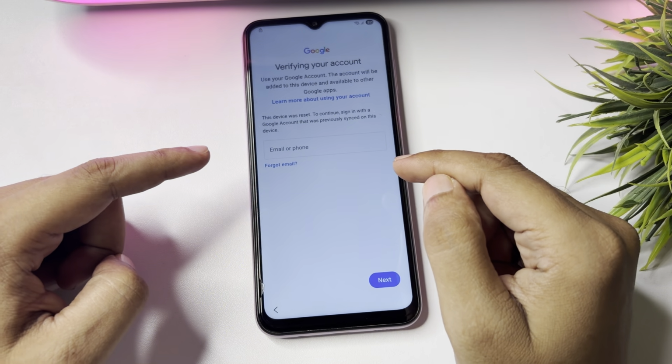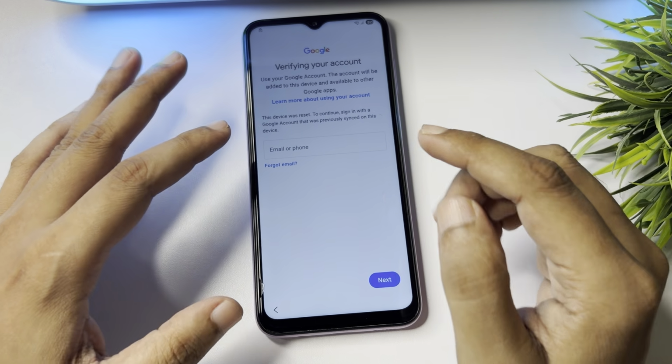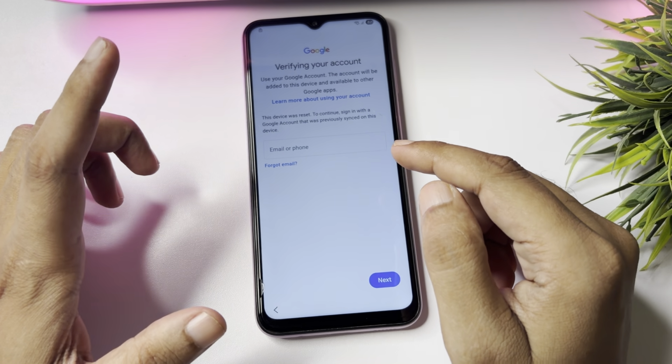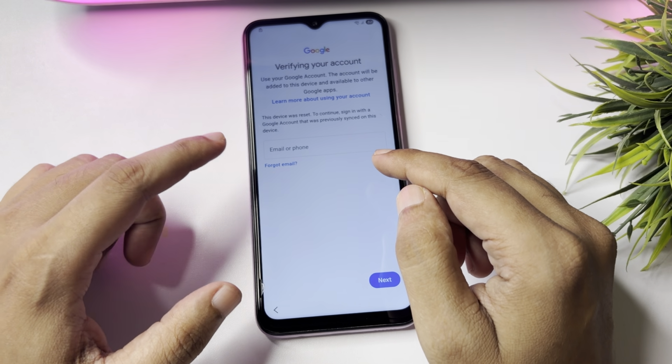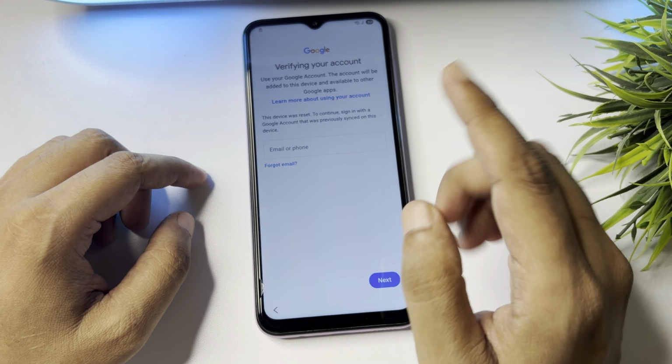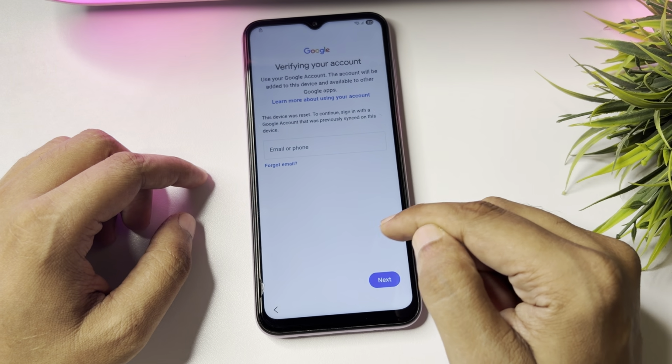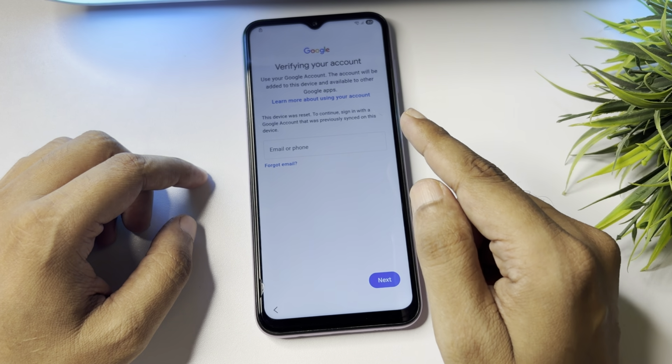Have you got an FRP locked phone of any US Samsung Android model? Here you can see this phone is locked due to FRP lock. In this video, I will show you how you can bypass this FRP lock and Gmail ID credential